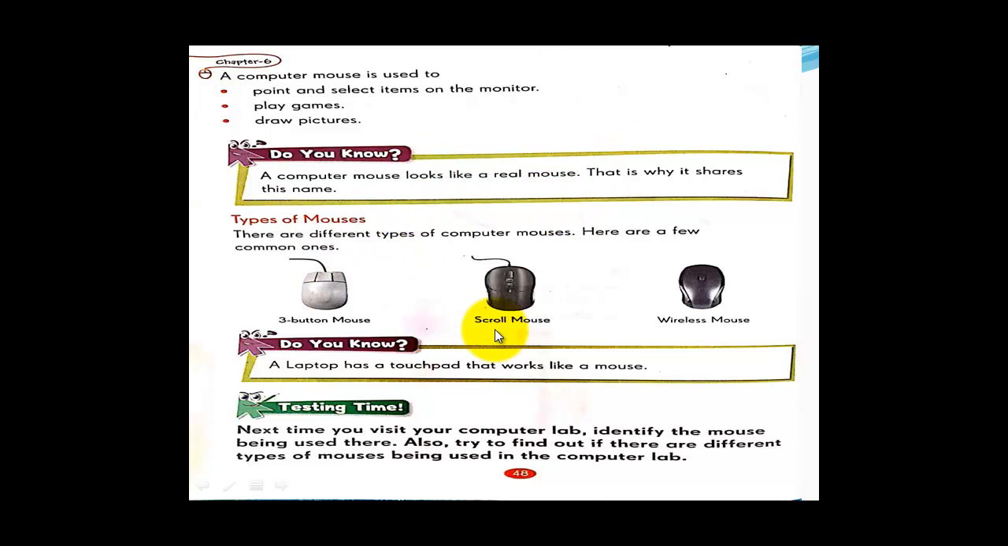Then type of mouses, there are three types of mouses. The first one is three button mouse. It doesn't have a scroll wheel. And the second one is the scroll mouse. It has a scroll wheel here. You can click on the scroll wheel. You have the left button, right button, then the middle button, or the